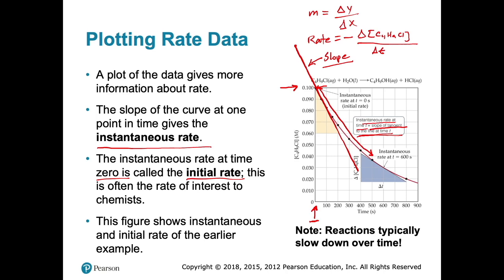I want you to also notice here that this term is negative right here. It's definitely negative, and the reason why it's negative is because we're losing reactants over time, right? If you were talking about the products being made, like the butanol or the HCl, then it would be positive. But we're looking for the instantaneous rate of the reaction as the chlorobutane is being lost, right? Is being converted over to something else. Okay,